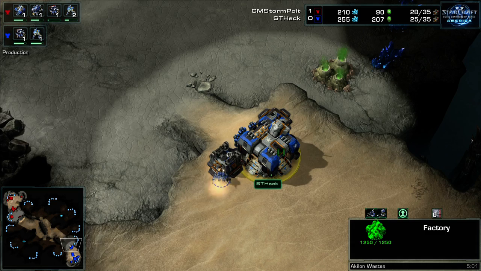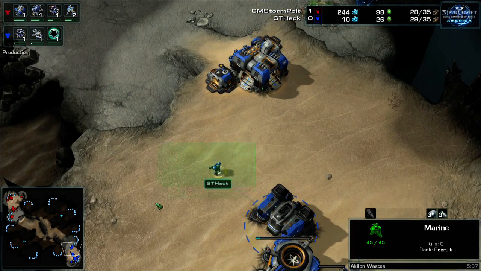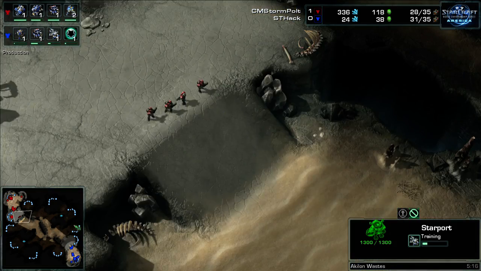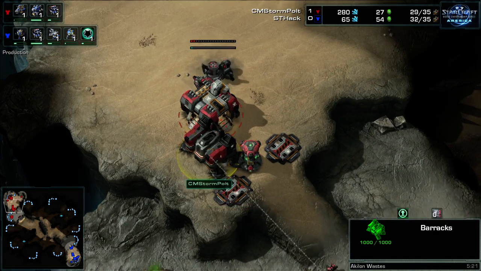Yeah, this is another way of Hack saying, I don't ever want you to scout what I'm doing with my barracks. Am I getting a reactor? Am I continuing to build? Very easy to hide Marines. Cloak Banshee en route for Hack. He loves this opening. Now, on the opposite side of things, Polt has to have an appropriate answer to what